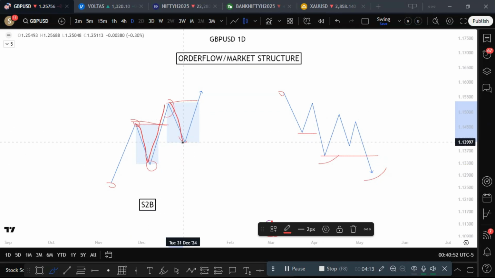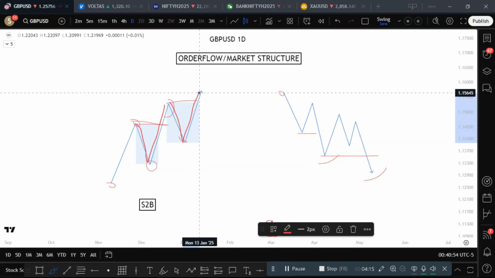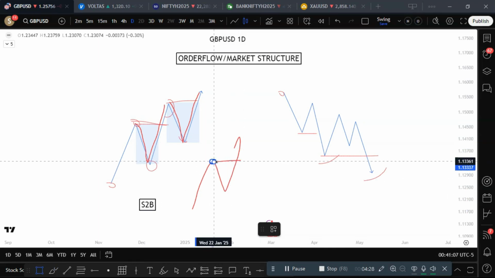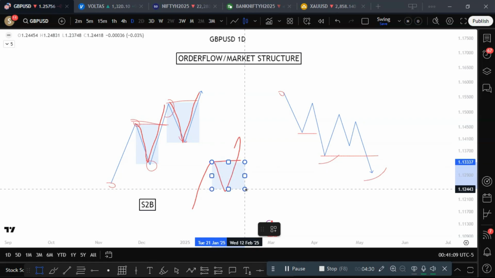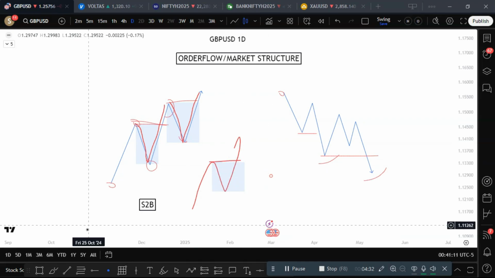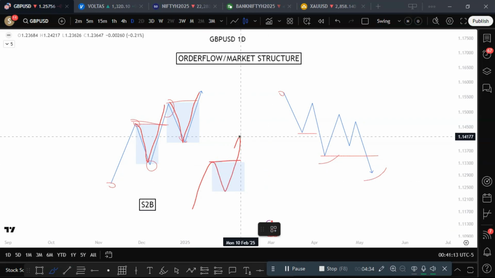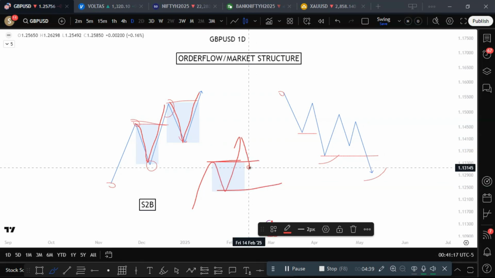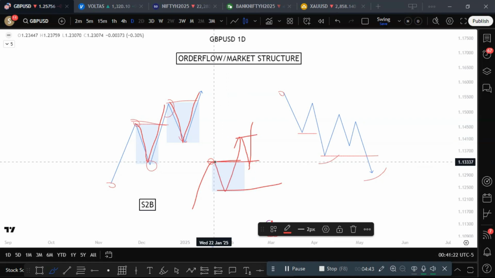Whenever the market create break of structure, our S2B is from the higher point of the range to the bottom of the range, and whenever the next move will come, it will come to that range and then it will continue. Now the price can come into anywhere, it can just tap here, come deeper, it does not matter,